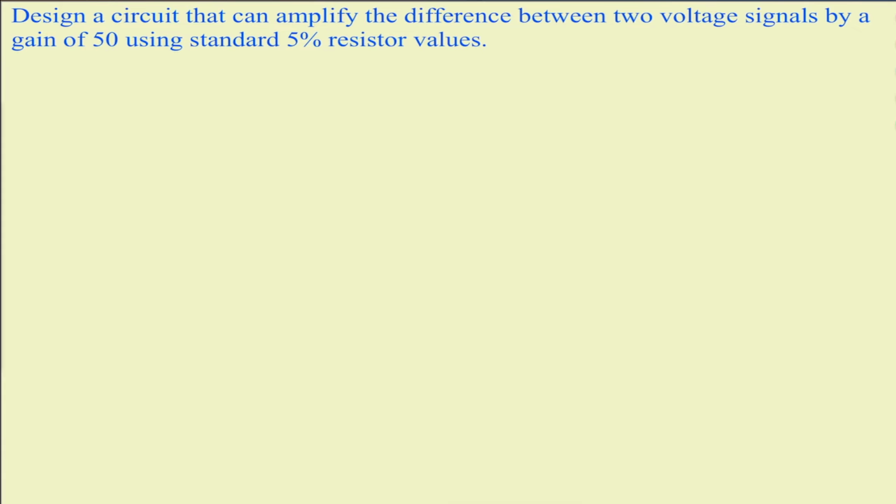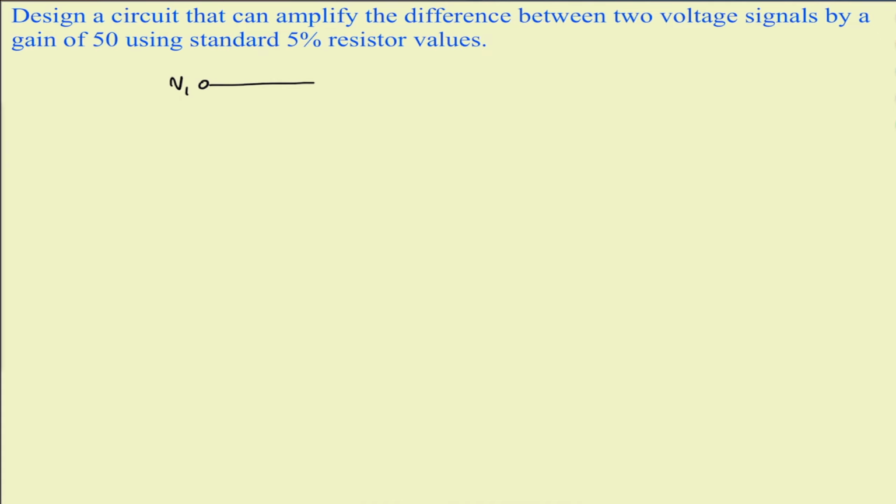Welcome back. In today's video, we want to design a circuit that can amplify the difference between two voltage signals by a gain of 50 using 5% standard resistor values. So we can draw our circuit. So our difference amplifier circuit